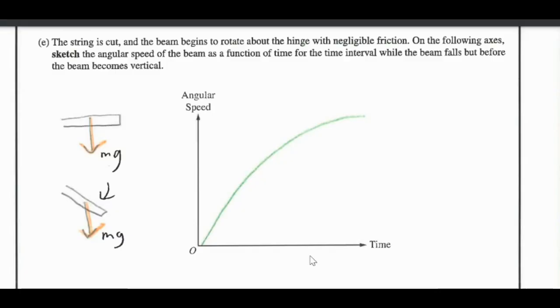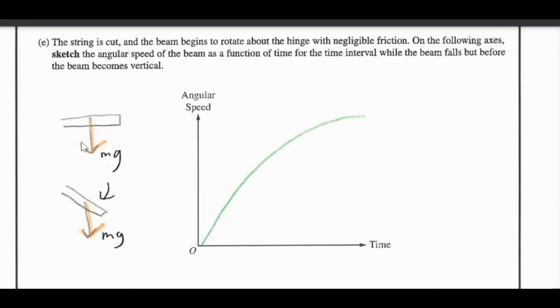So I'm thinking to myself, of course, the angular speed has to increase. It's not going to increase in a nice linear fashion. So do I want something that has an increasingly steeper slope or something that has a much flatter slope towards the end? So I drew a little bit here, which isn't really necessary, but just for you all to see